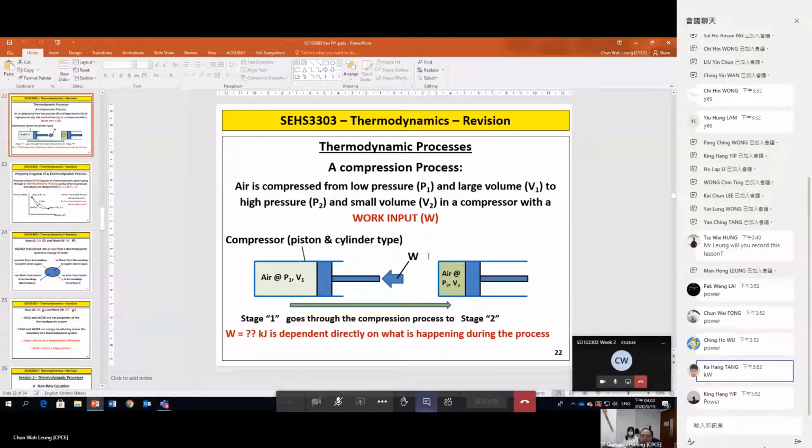And then once we have that, the system can be changed. So therefore, how to relate the work done during the process, the heat transfer during the process, and also the properties at the beginning and the properties at the end of this process? How to relate them together